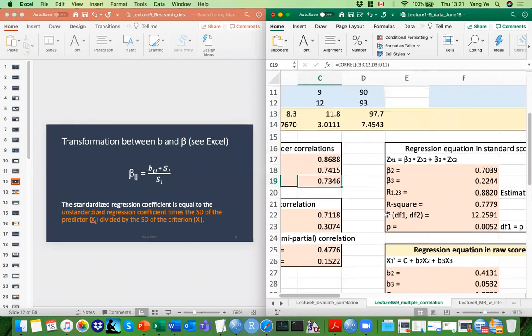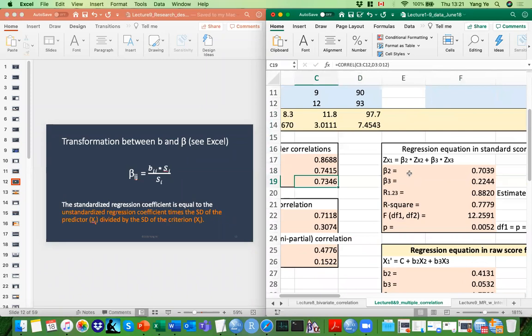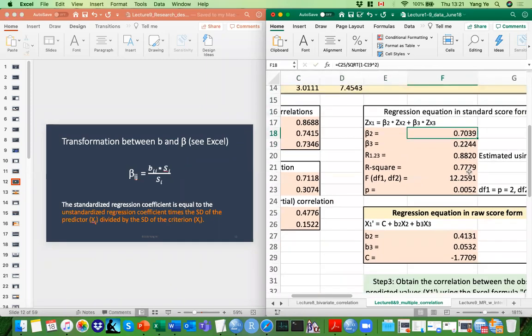And here there's the beta, and we'll get into beta soon. But this is how, here I'm using beta to calculate B. So basically the inverse of the equation that I'm showing